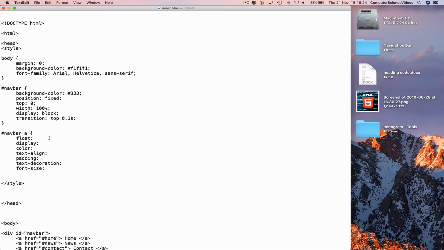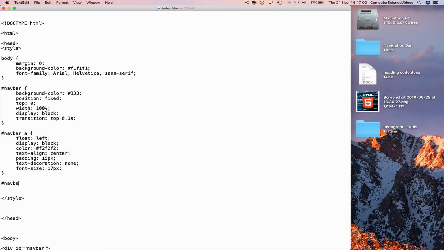Go back to the top again, float to the left, semicolon, display, block, semicolon, color, hashtag F2 3 times, semicolon, text align, center, semicolon, padding, 15 pixels, semicolon, text decoration, none, semicolon, font size, 17 pixels, semicolon, new line, curly brace, go to a new line again,